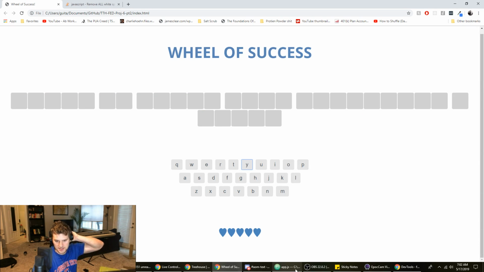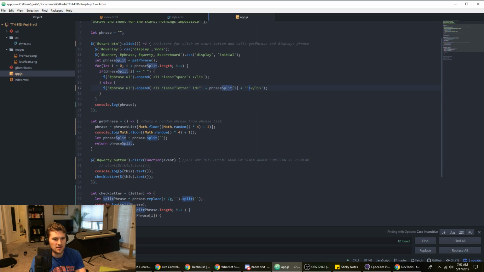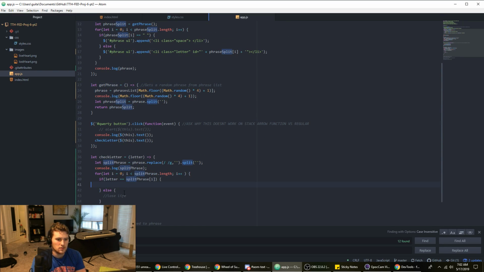Now we don't even have to actually loop through the phrase. Now we can just jQuery select the ID of that letter and add the class active to it. So we don't need this for loop. We don't need any of that actually. We can just do, if, oh, not capitalized, jQuery.